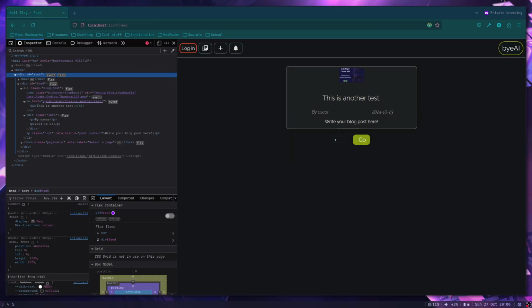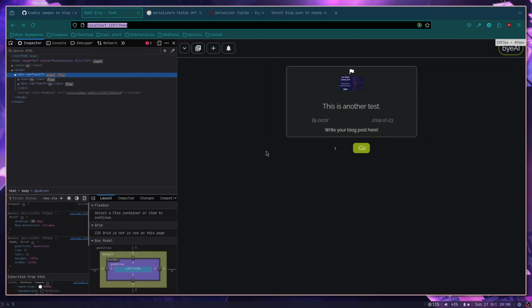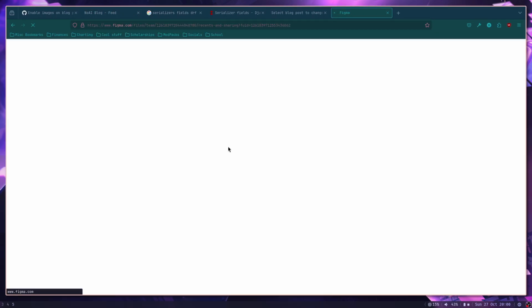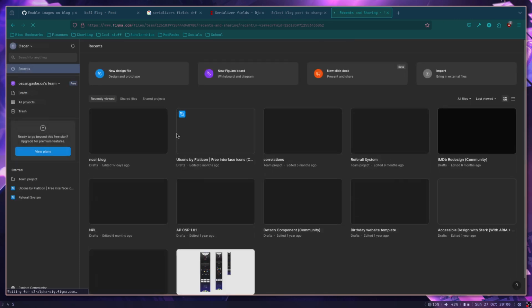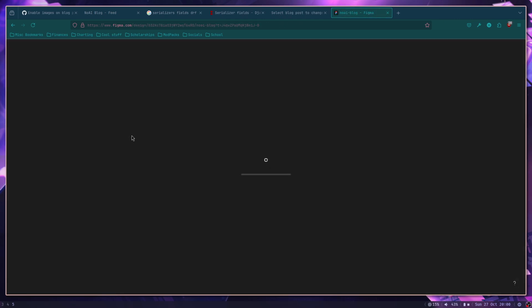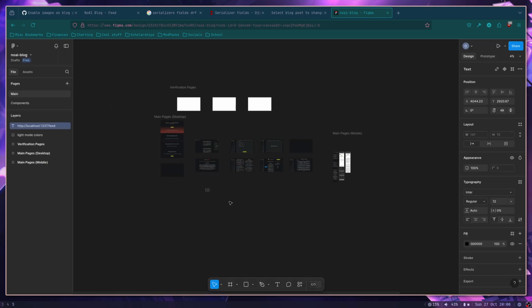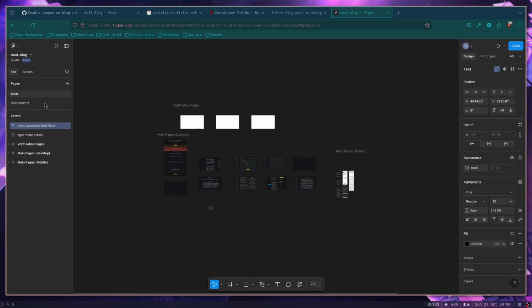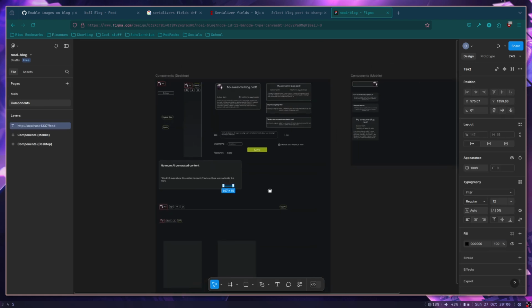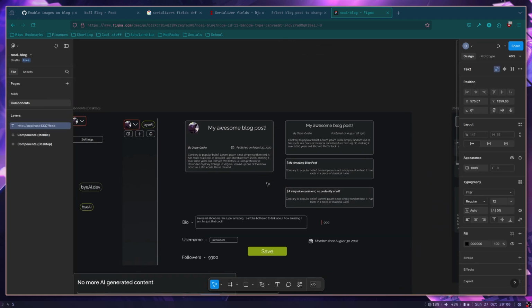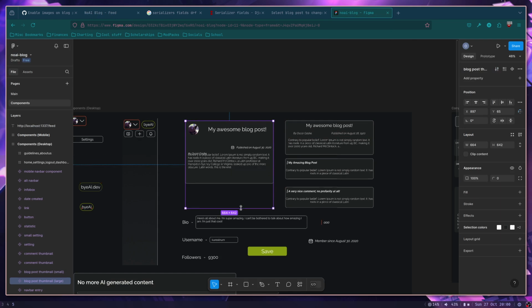Oh, I am in incognito. It would help if I wasn't. Let's go over to Figma now, so I can actually be logged into my account. Let's go over here and look at my stuff that is kind of outdated, but that's okay. Okay, so given something like this, and I do actually need to update the current UI to look a little bit more like this, but we'll get that figured out at some point. It's not a big deal. Okay, so given this,